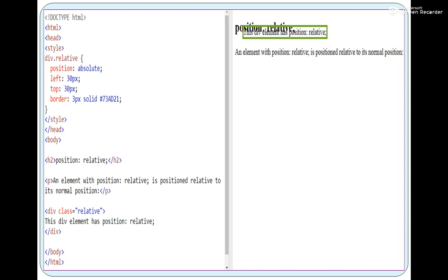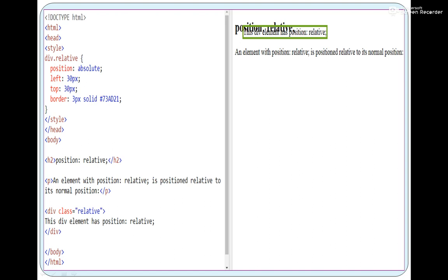In the last slide we had seen that generally developers do not prefer absolute. Why? Because it takes the position whatever it is given, but it might happen that it is getting overlapped with the other element. So you can see here it is getting overlapped with the h2 which we cannot see. So this should not happen. That is why it is suggested generally not to use absolute. You can use relative so that the elements are arranged properly, right?